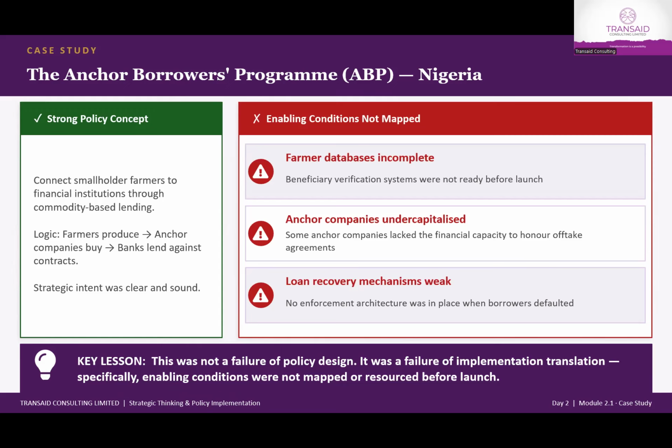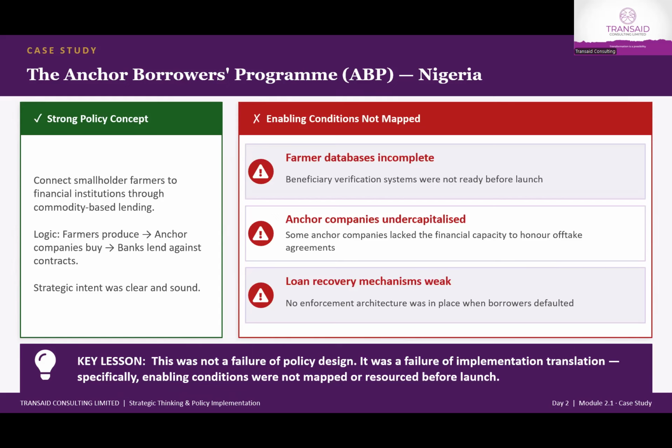So the CBN, the Central Bank of Nigeria, was meant to act as a bridge between them. The CBN will give the loan to the farmer, but they are not just going to give them cash. It will come in the form of inputs: actual seeds, tools, and fertilizer that they need to start the season. The farmer is expected to grow the crops, backed by technical support and the guaranteed safety net of the program that when you produce, there's already an anchor company that will buy it at a locked-in price.